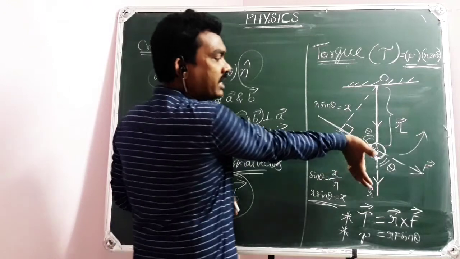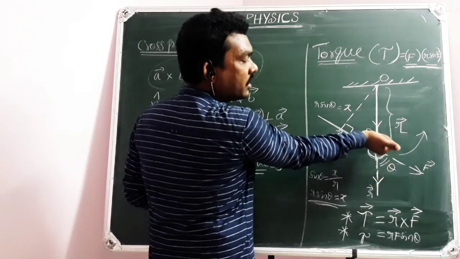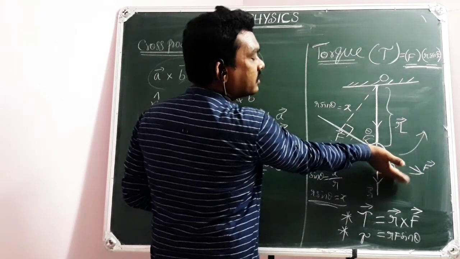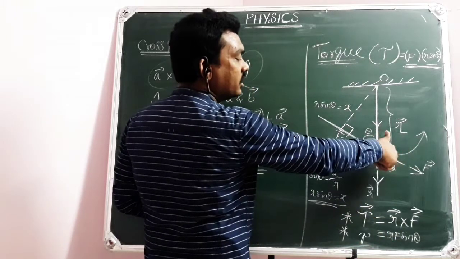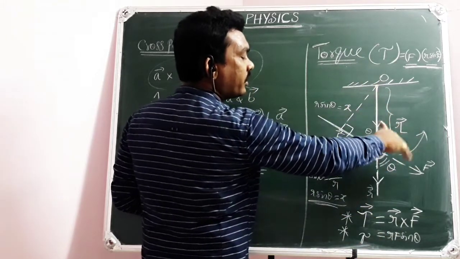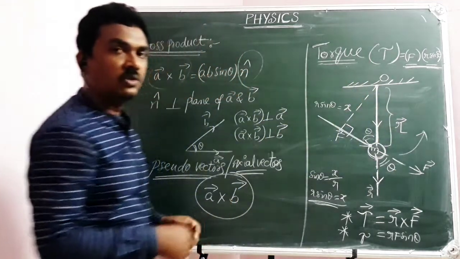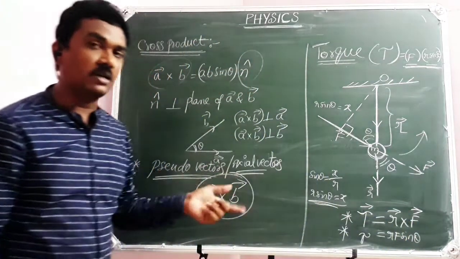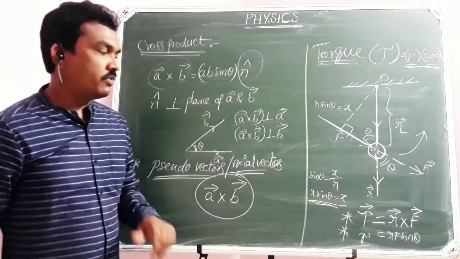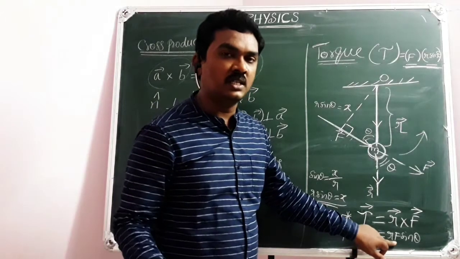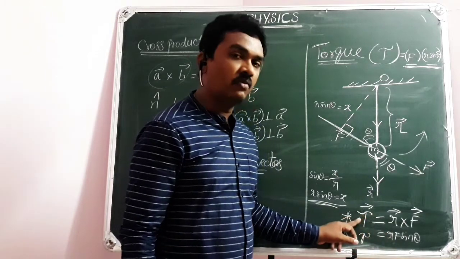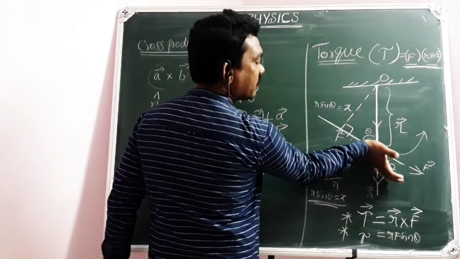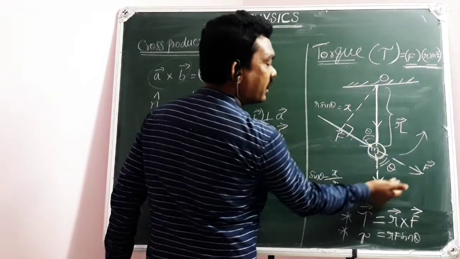That is the reason why my torque should be perpendicular to the plane of r bar and F bar. I am folding fingers from r bar to F bar. That's why it is r bar cross F bar. If I fold like this, it may resemble my body moving like this, but my body moves like this. So to balance the directions, tau bar is introduced as r bar cross F bar, but not F bar cross r bar. Remember that. If you say tau equals r F sin theta, there is no problem. But when you are writing the vector form tau bar, it must be r bar cross F bar. So the direction of the torque will be perpendicular to the plane of r bar and F bar.